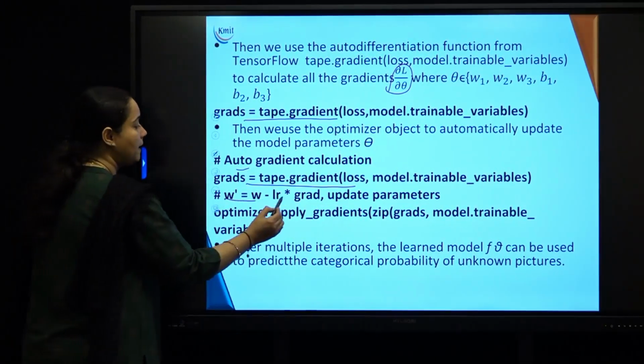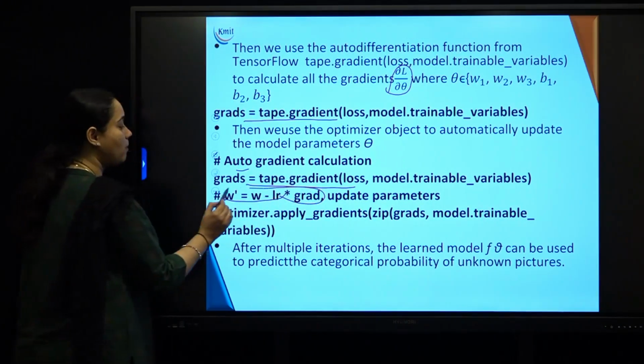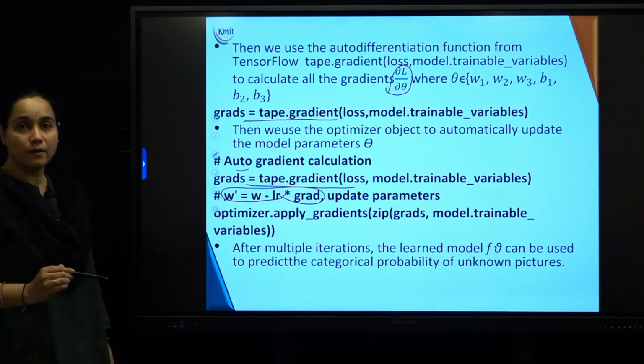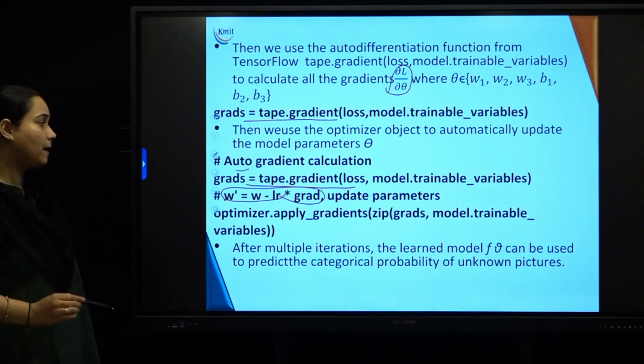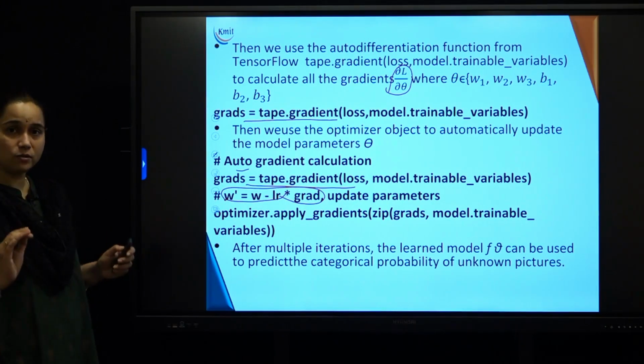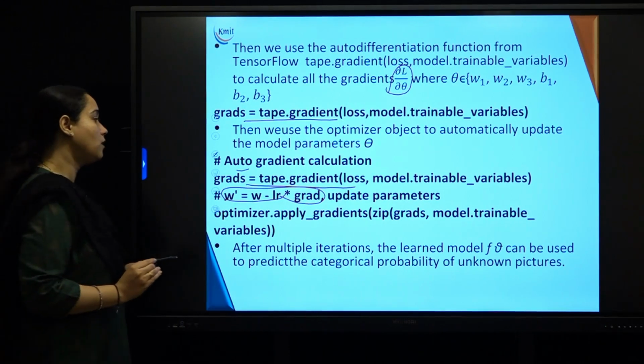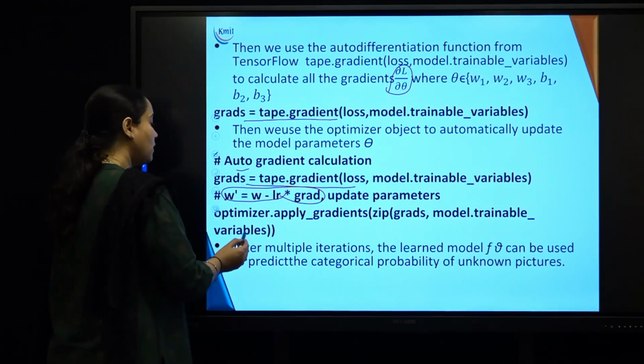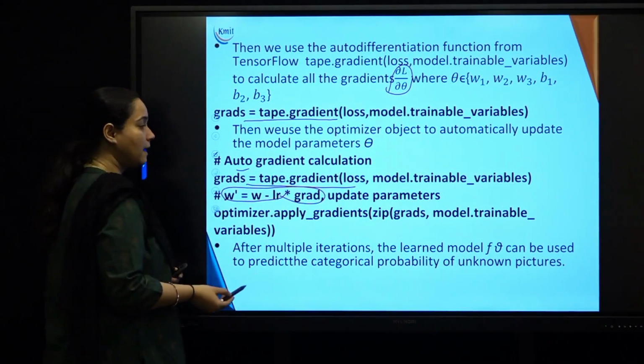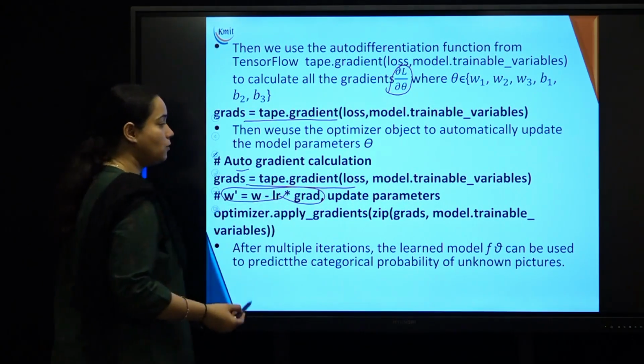It is going to apply automatically this particular formula which I have been teaching you for gradient descent, and it is going to update parameters. Nothing manual calculation you are going to do, everything is taken care by TensorFlow here. So now once you are done that, you are going to use an optimizer dot apply gradient, and you are going to apply it to your